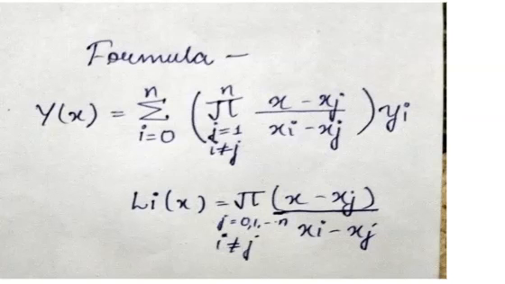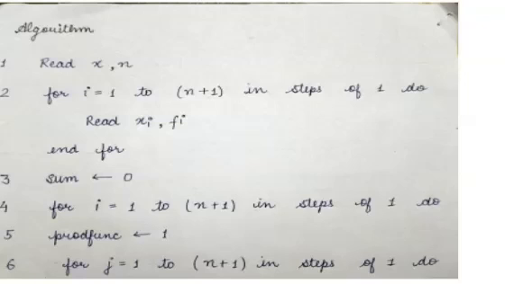So, the formula for Lagrange interpolation is y(x) equals the summation from i equals 0 to n of the product over j equals 1, where i is not equal to j, to n of (x minus xj) upon (xi minus xj), into yi. The algorithm for Lagrange's interpolation is: first we need to read the values of x and n,